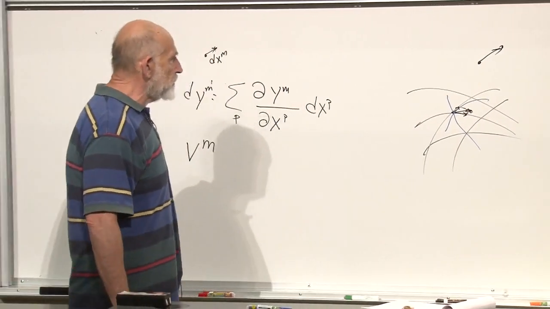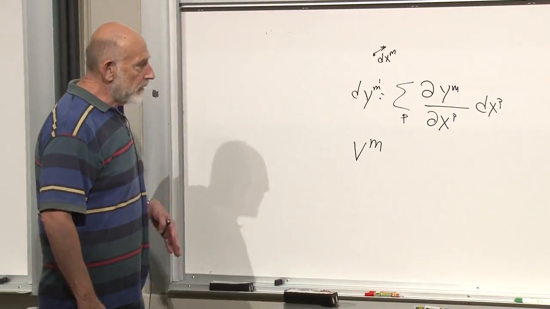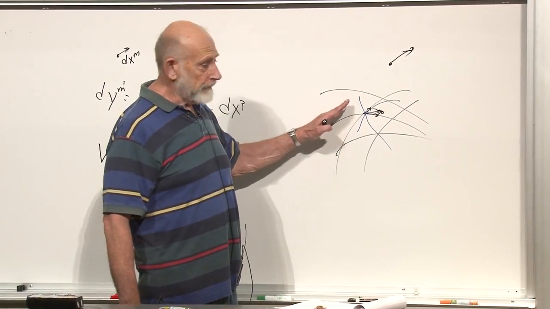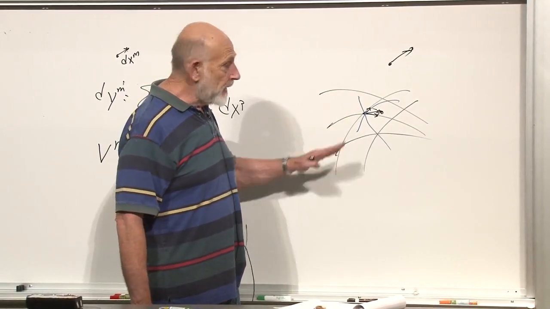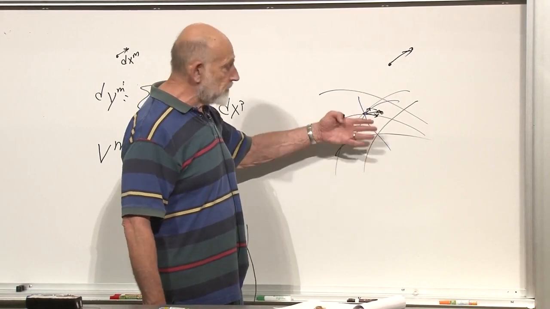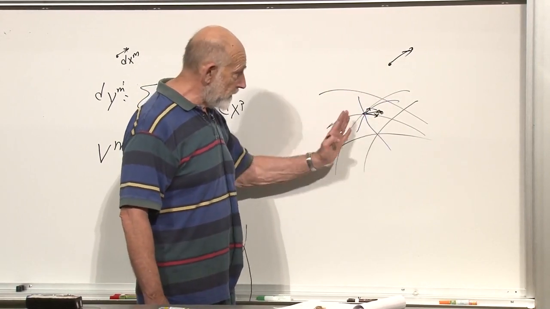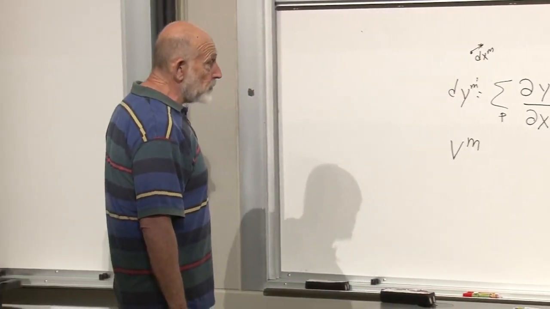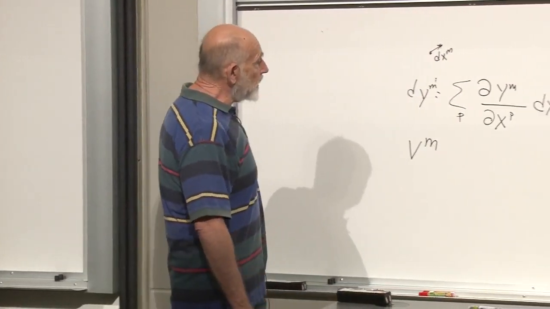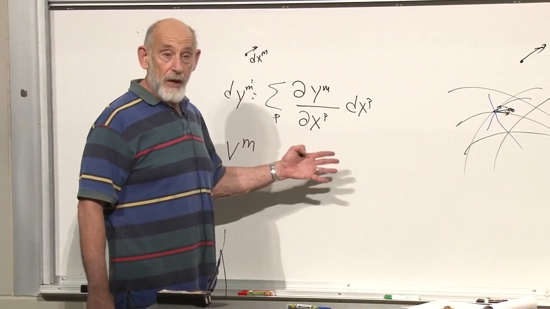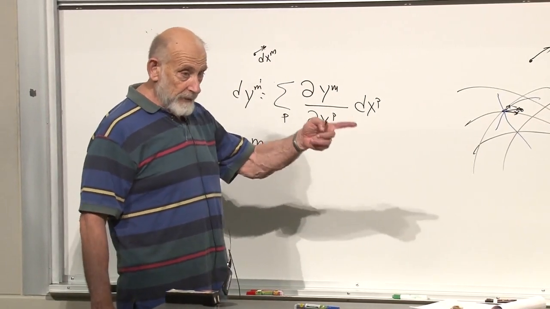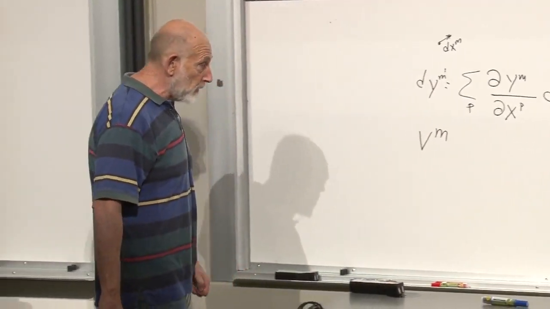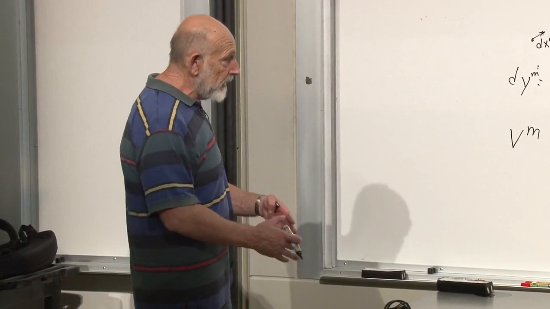Those lines represent surfaces, strictly speaking. Lines are surfaces of constant coordinate of some kind or another, but on a two-dimensional surface, they're just lines. So if you change coordinates, you change the components of a vector, even though you're not changing the vector. The vector is a very definite vector. You're changing its components because you're changing the coordinates that you're relating the vector to.